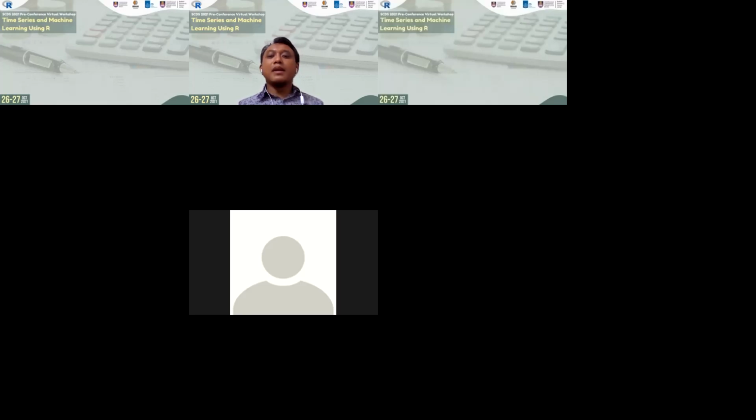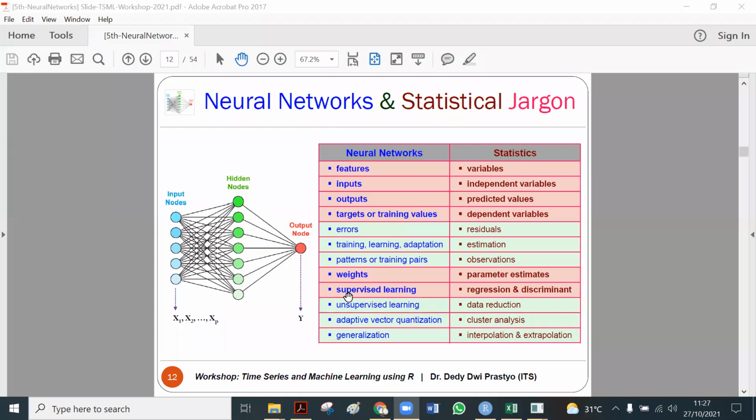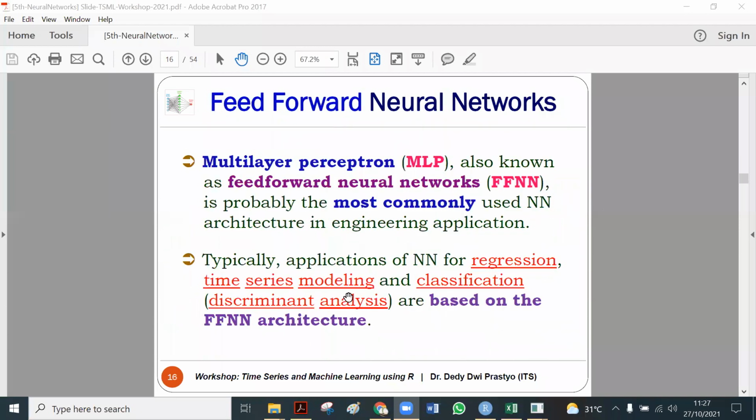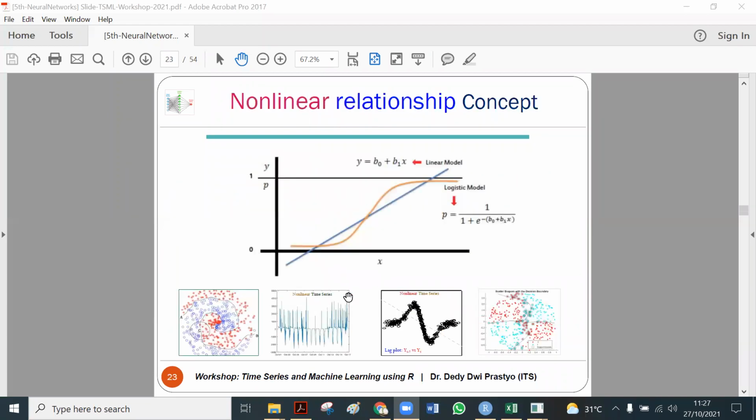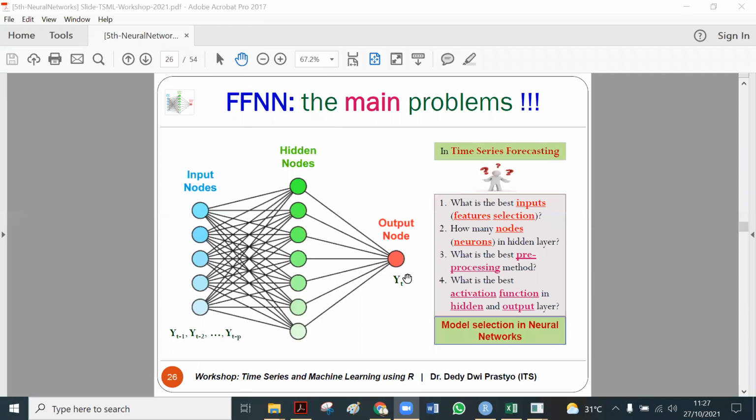So it can happen. Firstly, in this slide, we write like this. If it is classification or regression, we can start by determining the number of neurons.